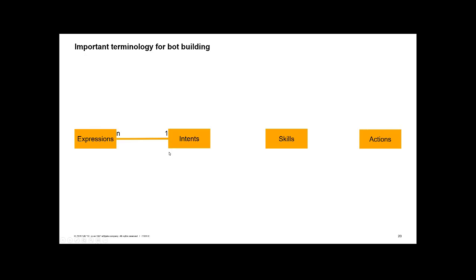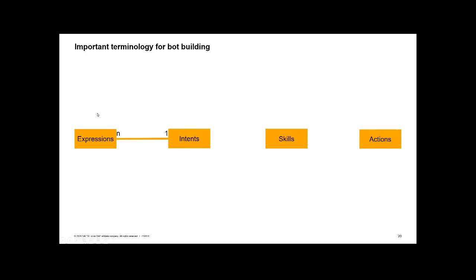An amount of about 50 is the suggested amount. So with 50 plus expressions for every intent, the results are the most strict, but it also works with less than 50 expressions for every intent. In every chatbot, you can have more than one intent. You can have theoretically unlimited intents for every chatbot, but which intents you have and how many intents you have depends on your use case for what you want to use the chatbot.